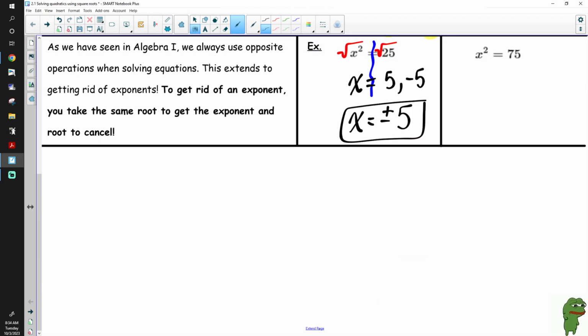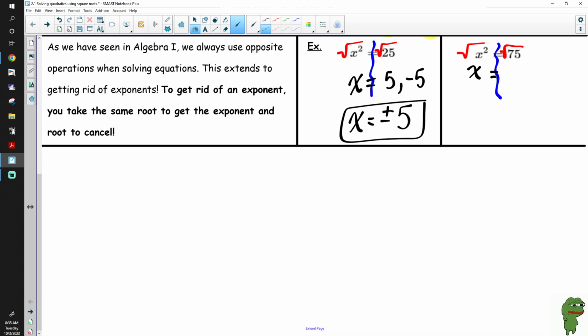Let's do another. What are you going to do first? You're going to squiggle, waterfall. Just like we did before, what do I do to both sides? I have to get rid of the square, because we really don't care what x squared is equal to. We want to know what x equals. That's the whole point of an equation. So I do the opposite to both sides. I square root it. Now, on the left side, it's easy peasy, because the square root just gets rid of the squared, leaving us with x. On the right side, however, a little trickier, because